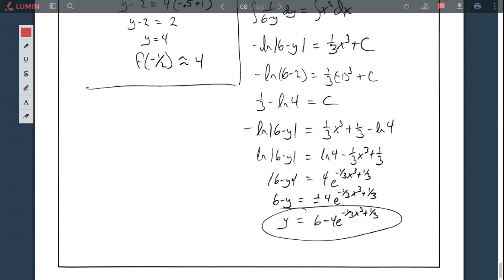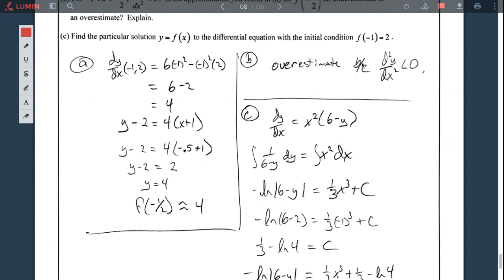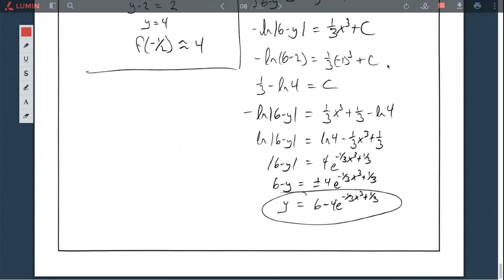To get rid of the absolute value, I have to do plus or minus on the other side. And then I'm going to do two things here in the last step. I'm going to subtract 6 and multiply by a negative, so that makes the 6 positive. And then I have to choose whether or not I want the plus or the minus. I chose the negative here because when I plug in -1, I have to get 2. So if I plug in -1 here,